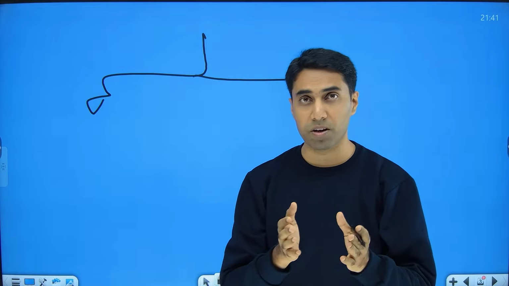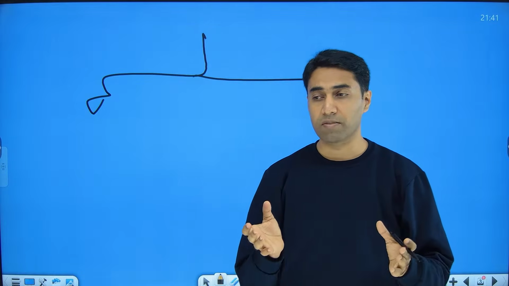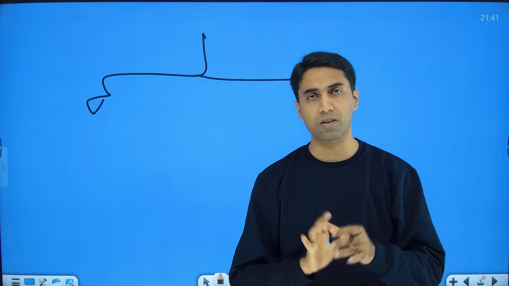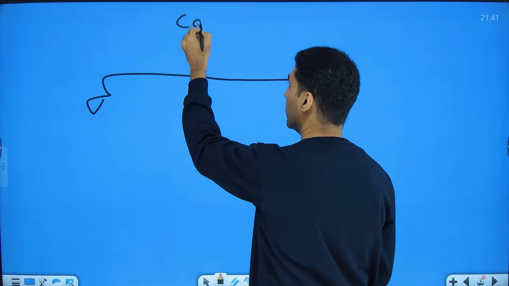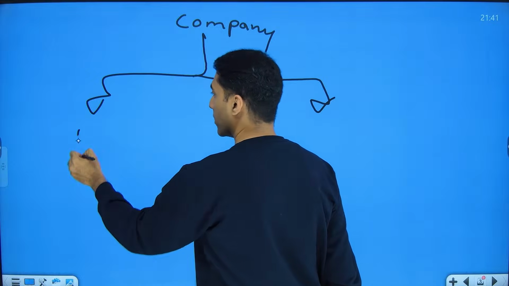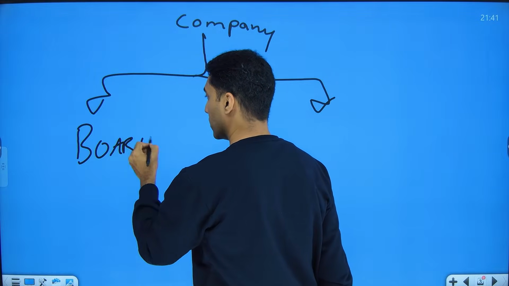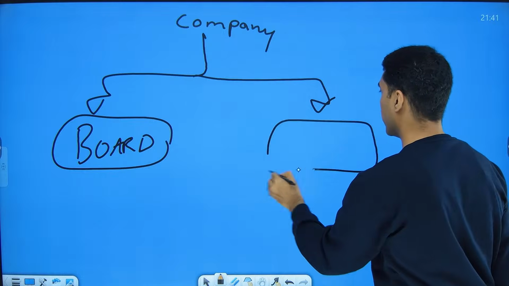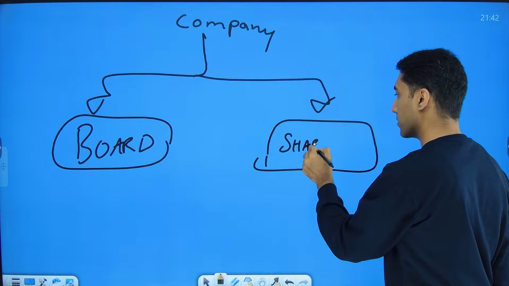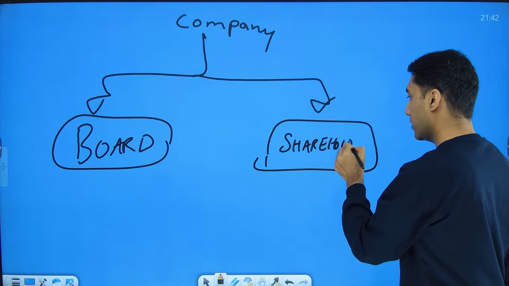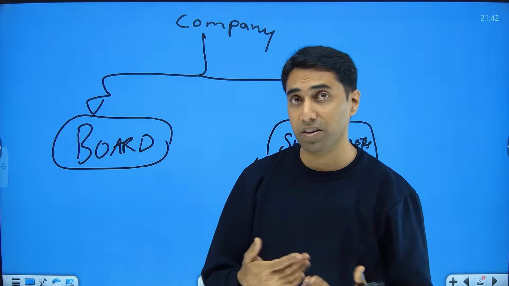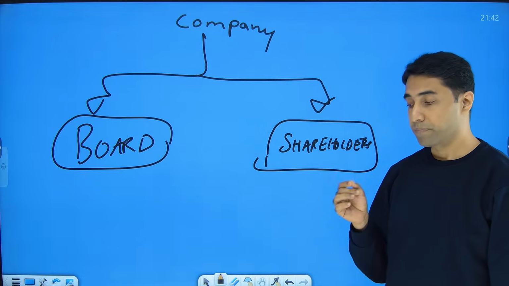When we have a partnership firm, there is just one decision making body. When we have a proprietorship, obviously it's one. Even if you look at any other business entity, there is only one decision making body. But in a company, by design, by the law itself, we have the board of directors and we have the, what else? We have the shareholders or the members, correct? So these are the two decision making bodies. To have the right checks and balance in a company, we have two decision making bodies, correct?